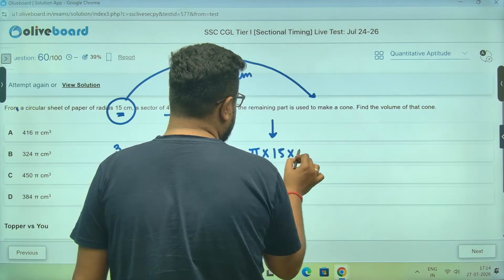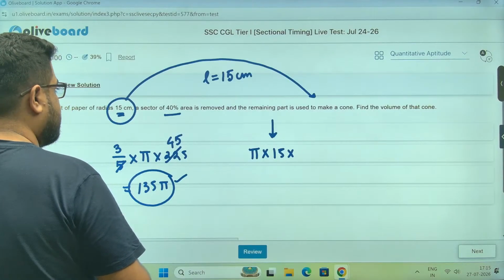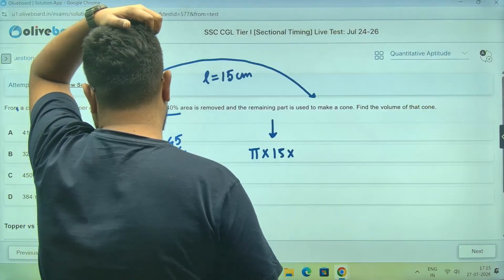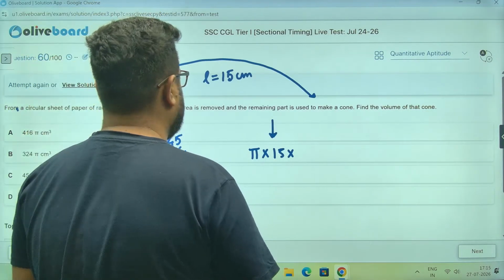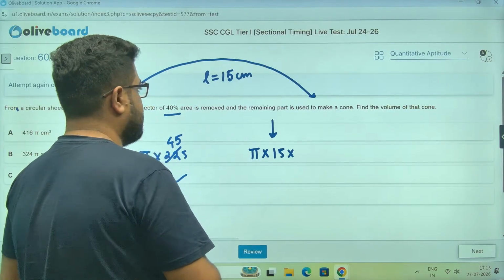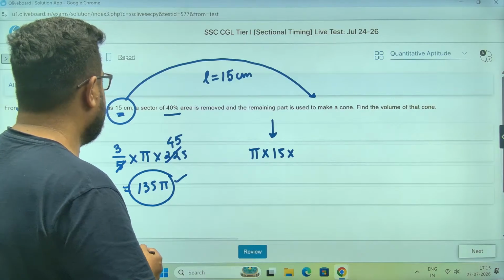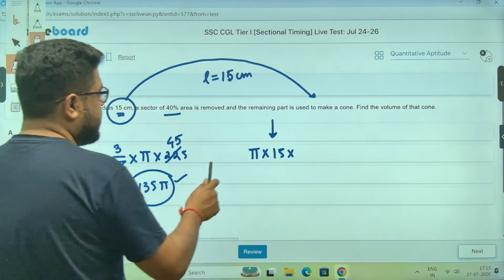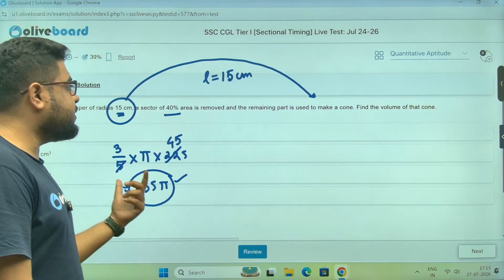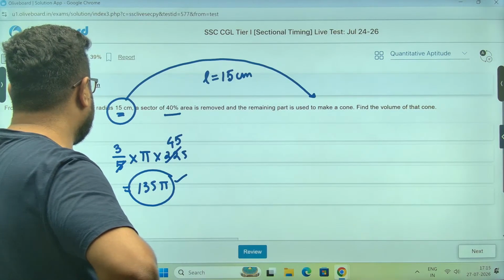R is 15 into, one second. Achha, R is also 15. One second, did I do something wrong? If I take this, L becomes, acha, no, sorry sir, not required, my mistake. Sir, this is the curved surface area of the cone, right? So they are asking us the volume,